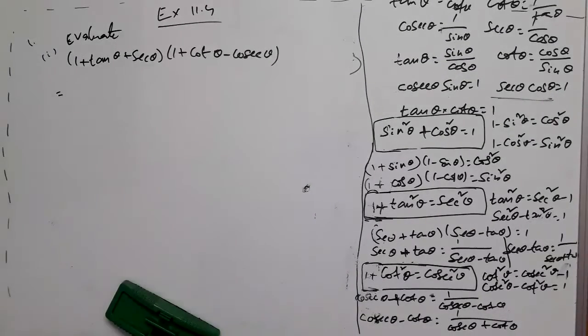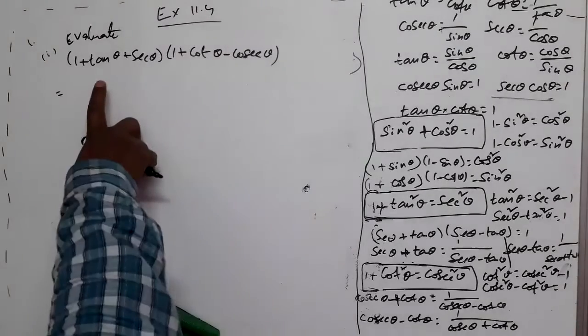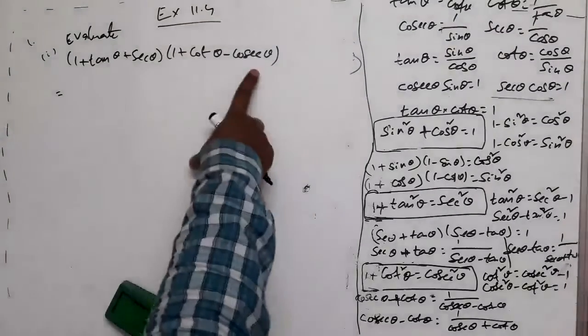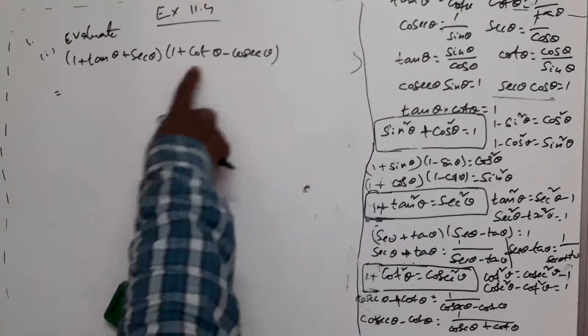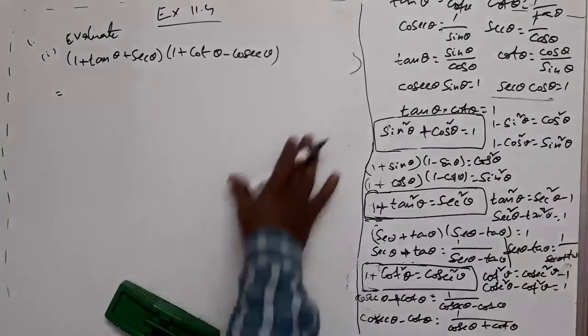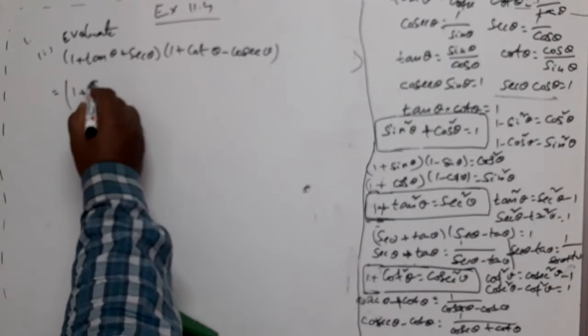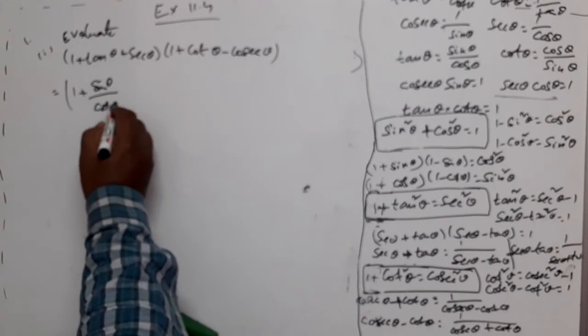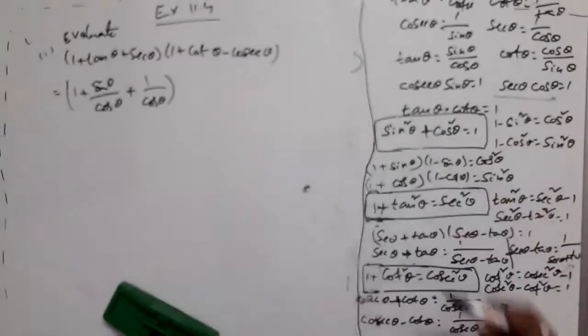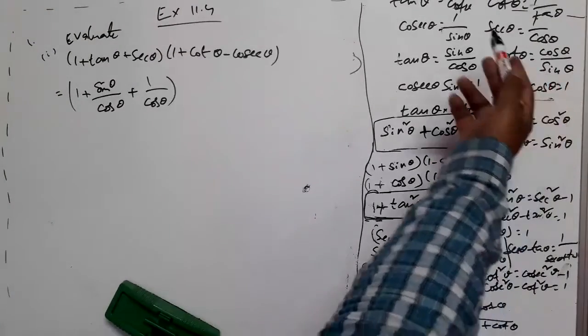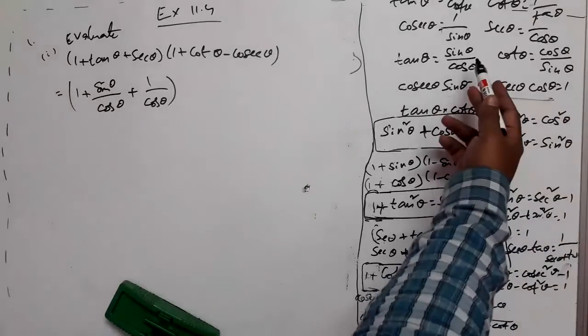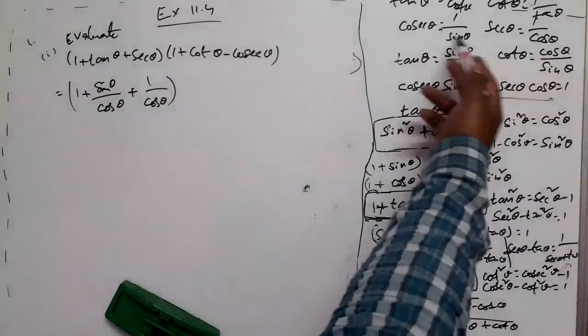This expression can be written as, yes, this is tan, secant, cot, cosecant. Tan is sin by cos, this is 1 by cos, cos by sin, 1 by sin. I will try to convert all this expression in terms of sin theta and cos theta and simplify. For that, tell me, what can I write in the place of tan theta? Sin theta by cos theta. What is secant theta? Reciprocal of cos theta. Is it not? Tan theta is sin theta by cos theta. Secant theta is 1 by cos theta. Cosecant theta is 1 by sin theta, and so on.